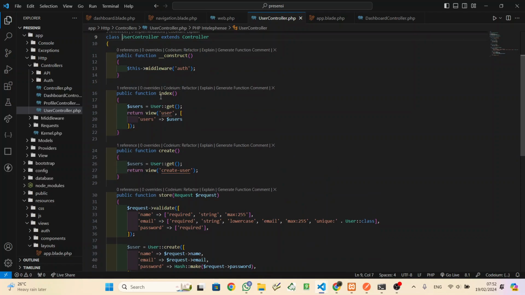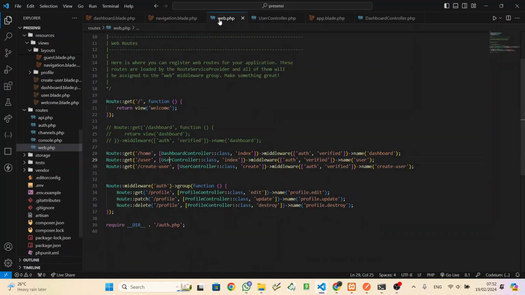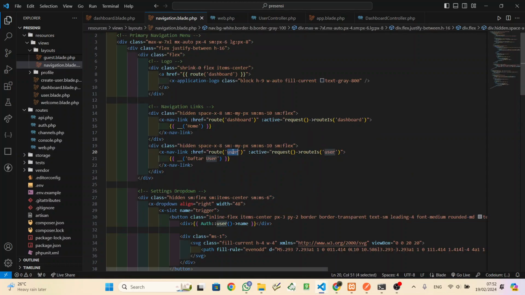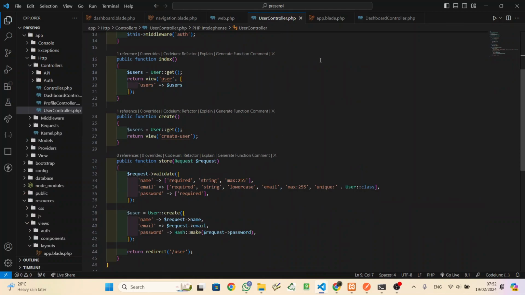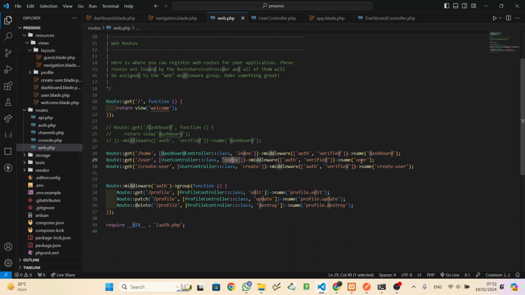Okay, the first one is web.php. Nah, it's going to the index. So when it's clicked, it will run web.php, named user, and that redirects to the index inside the user controller.